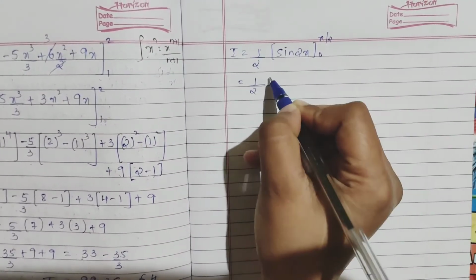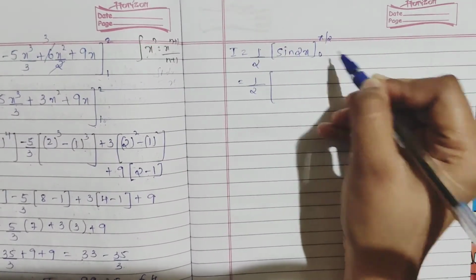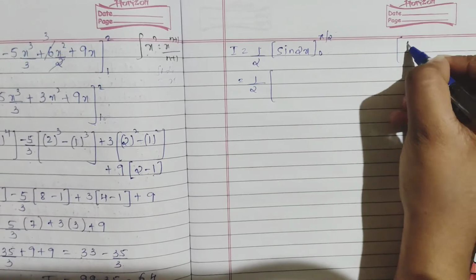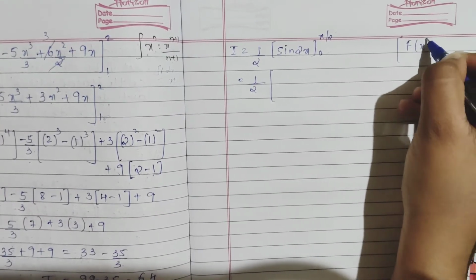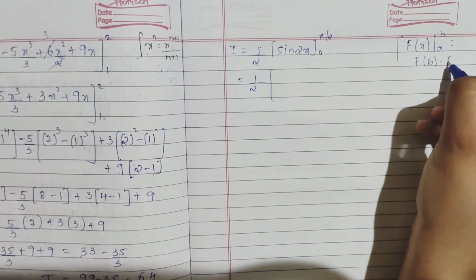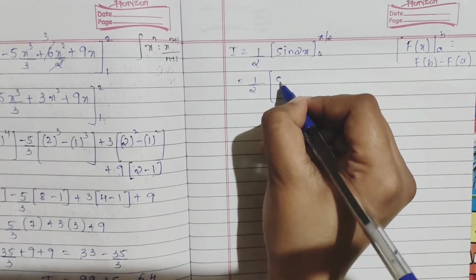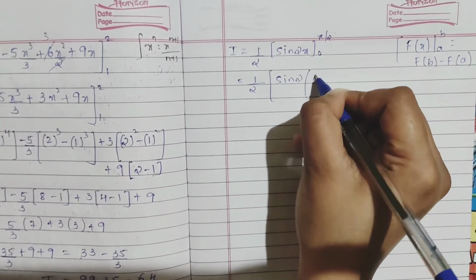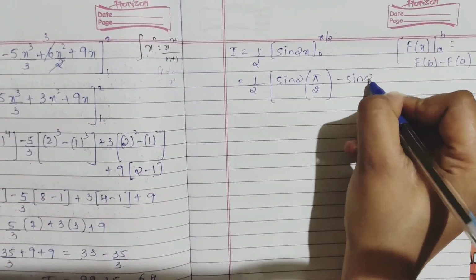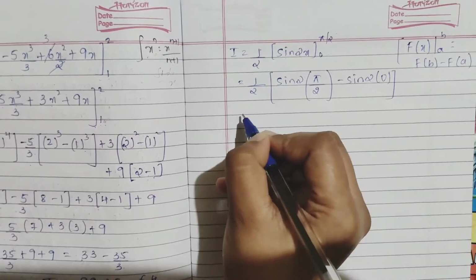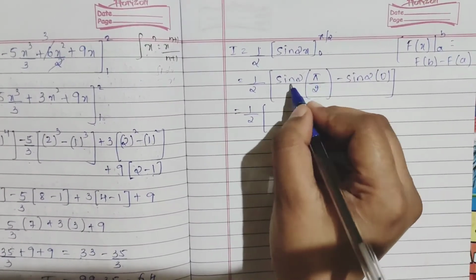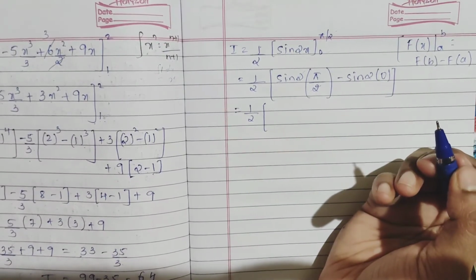Now you have to apply your limit. First upper limit, then lower limit. Using what? Your second theorem, right? What it tells? F of x from a to b, how you have to do? First upper limit minus lower limit. So same, sin 2 only in x values, pi by 2 minus sin 2 0. So 1 by 2, see 2 gets cancelled, you will be having sin pi.